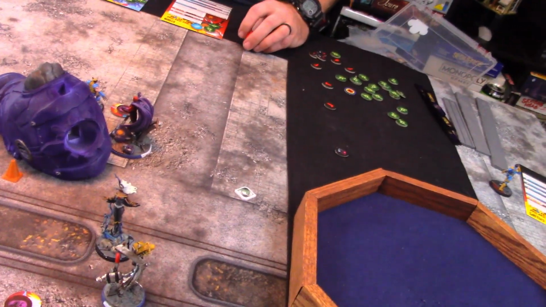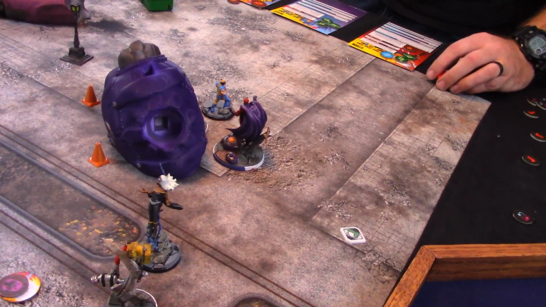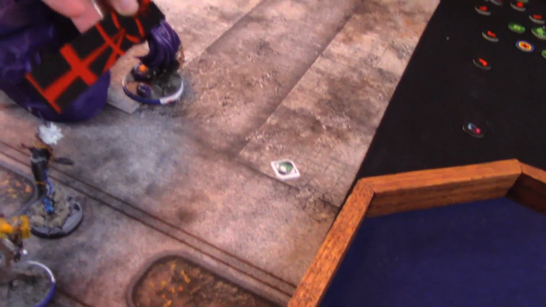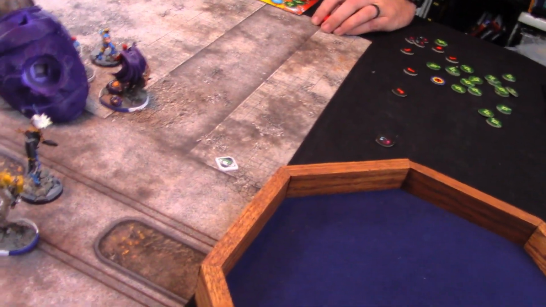Magneto still has 3 power. He needs 6 power in order to throw this last construct because he's already thrown 2 things. Thankfully, though, Storm is within range 3. So we will do a 6 dice. This one, unfortunately, will not be getting the rerolls, but 6 dice into Storm